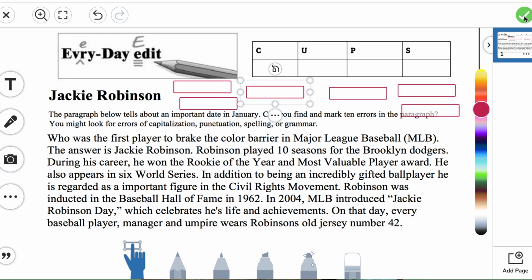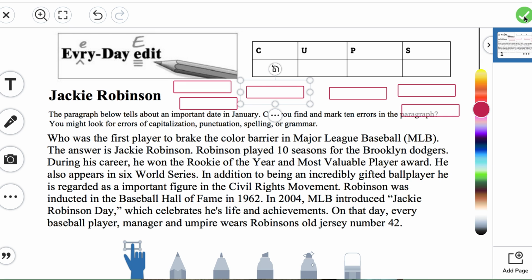Who was the first player to break the color barrier in Major League Baseball, MLB? The answer is Jackie Robinson. Robinson played 10 seasons for the Brooklyn Dodgers. During his career, he won the Rookie of the Year and Most Valuable Player award. He also appears in 6 World Series. In addition to being an incredibly gifted ball player,